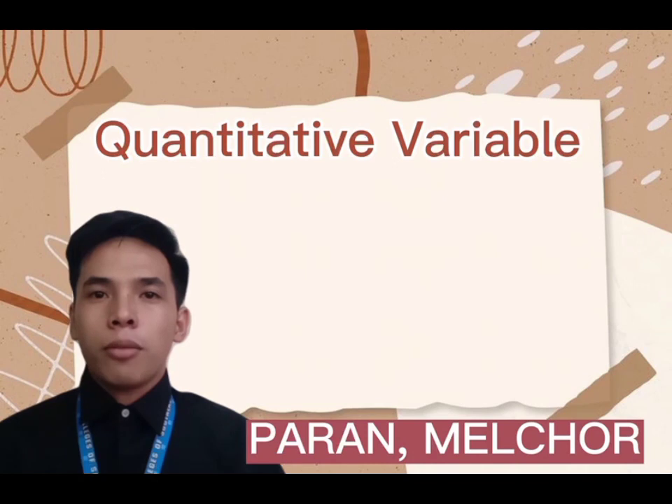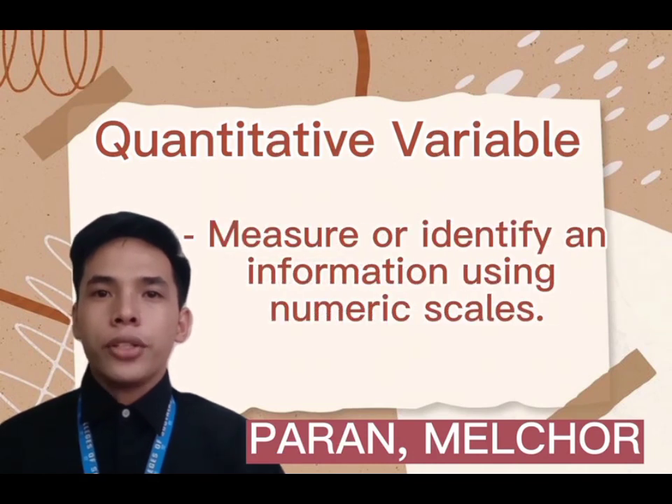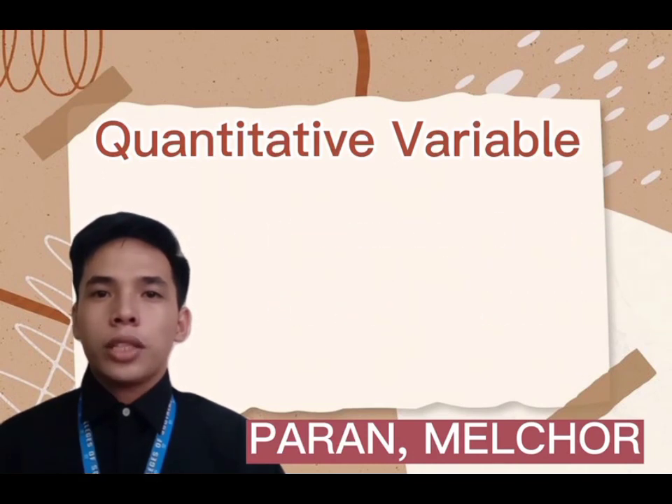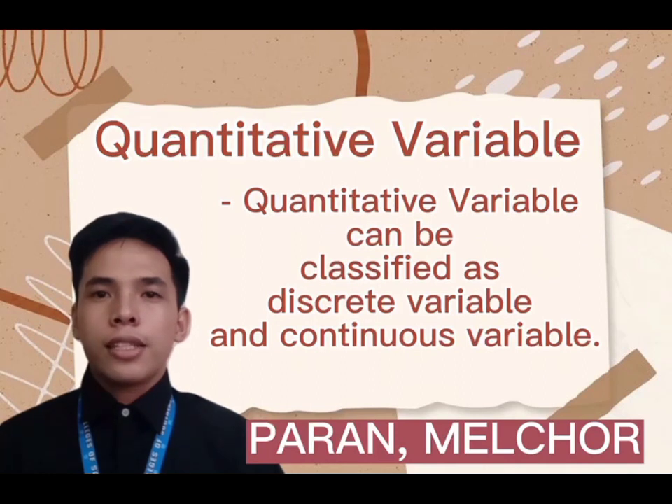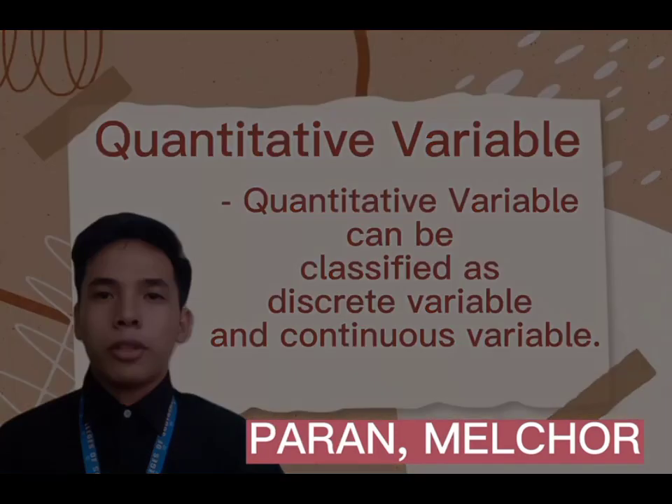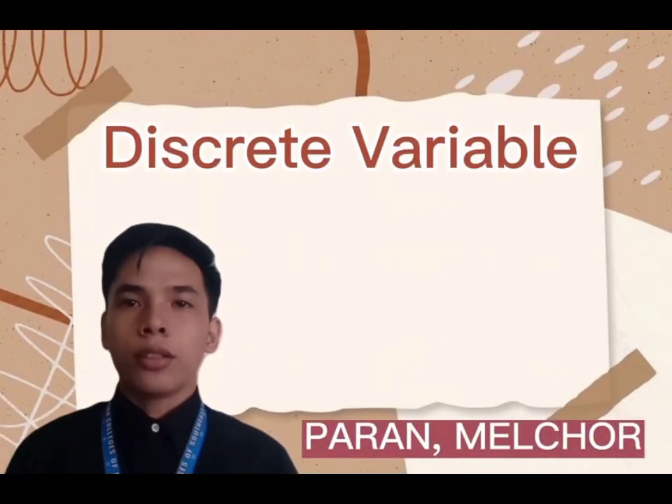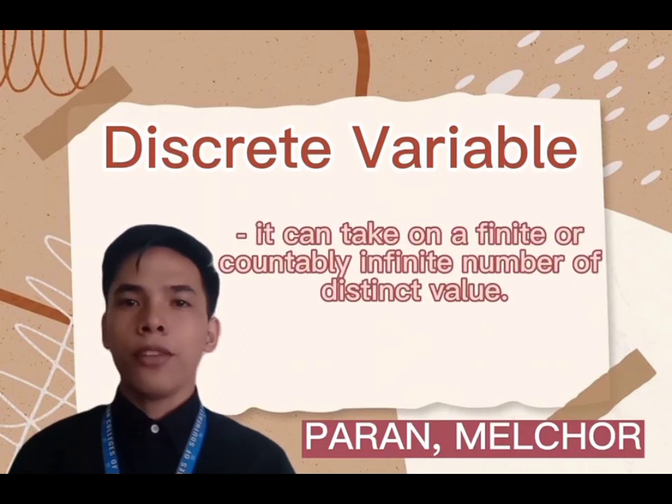In this example, we can describe them without using a numerical scale. Quantitative variables measure or identify information using a numerical scale. Quantitative variables can be classified as discrete variables and continuous variables. Discrete variables can take a finite or countably infinite number of distinct values. For example,